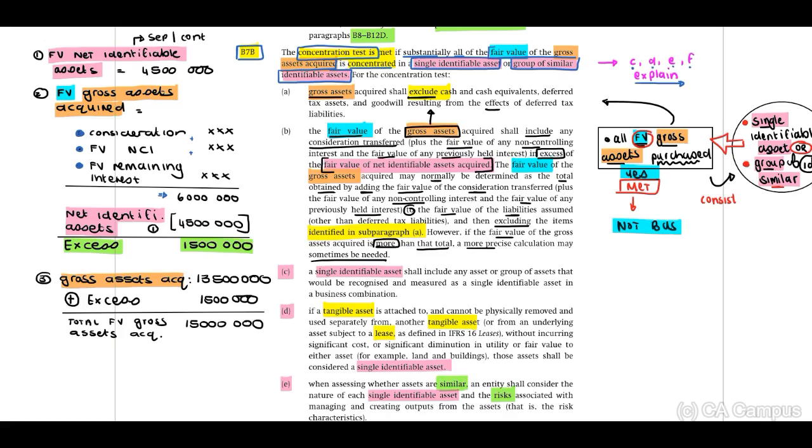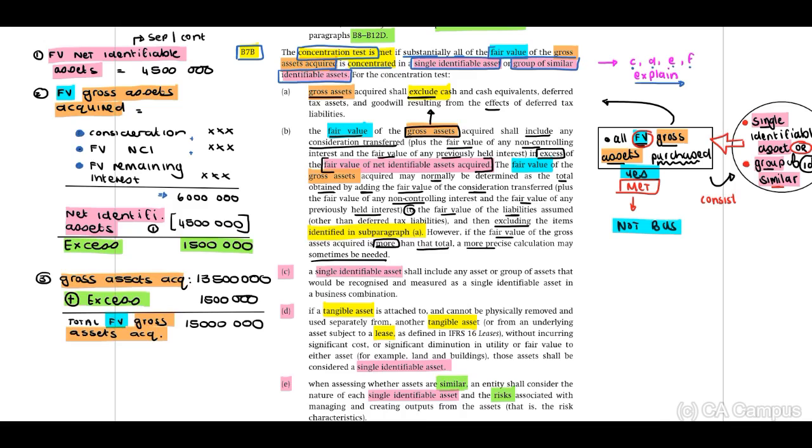Okay, guys, very similar in terms of our goodwill calculations, but we now talk about the 1.5 million as an excess. Then in step 3, we have our gross assets acquired. All of these amounts I provide you with now. And this is 13.5 million plus the excess. And then this will be the total fair value of our gross assets acquired.